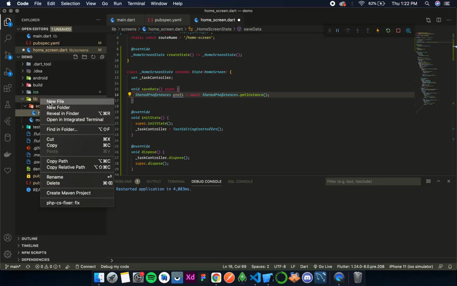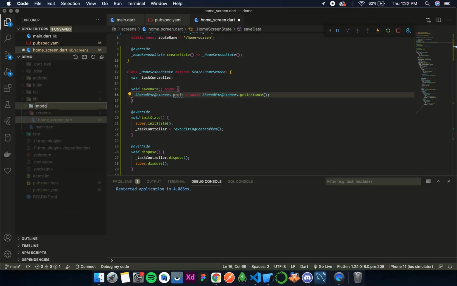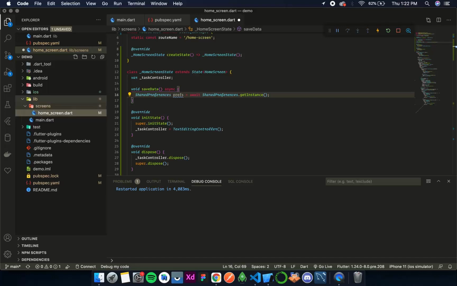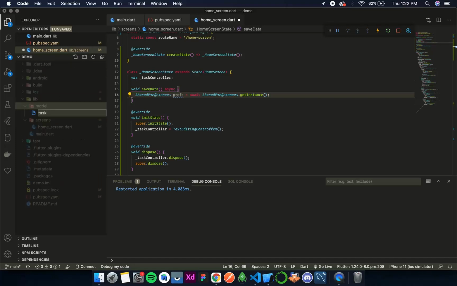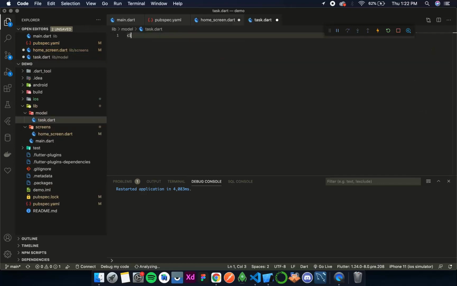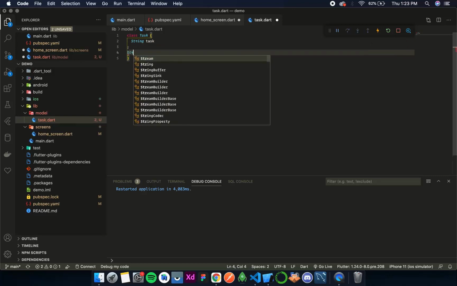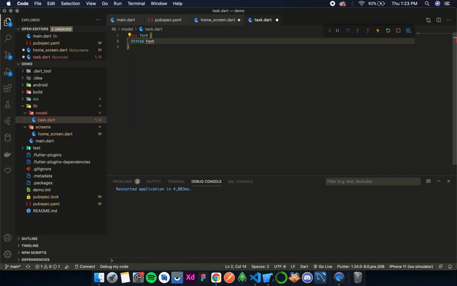Let's create a new folder, model, and then inside this folder we'll have task dot dart. Let's create class task. Now this will have the task, and will have the date.